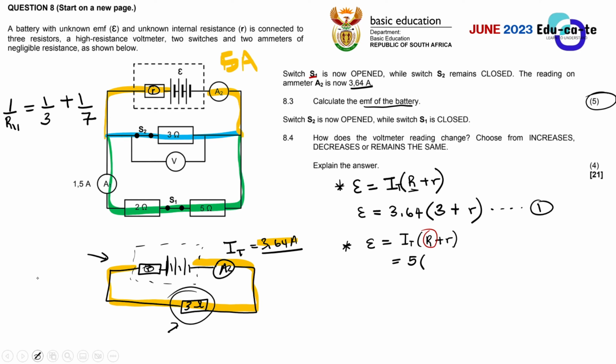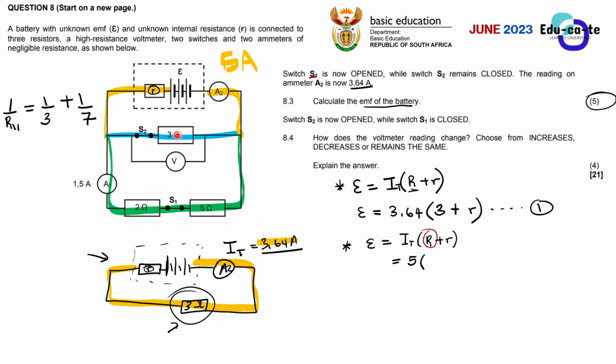You don't do 1 over 2 ohms plus 1 over 5 ohms. No. Remember that we always combine the 2 ohms and the 5 ohms to form one effective resistor. I always emphasize, and I'm emphasizing for the millionth time, always combine the 2 ohms and the 5 ohms to form one effective resistor. So this is 1 over 3 plus 1 over 7, which includes the combination of 2 and 5, because these two are in series, grade 12s. I repeat it, even if you get tired.